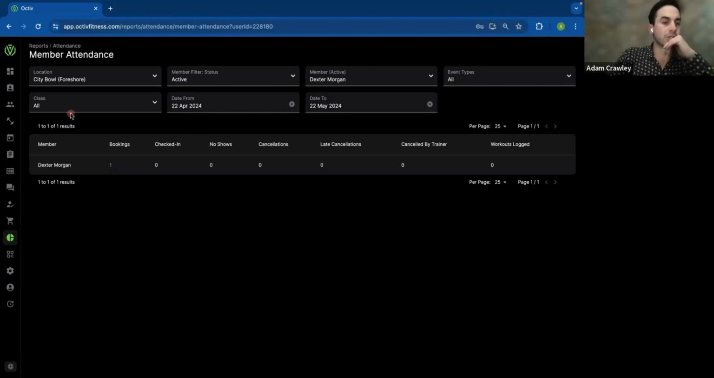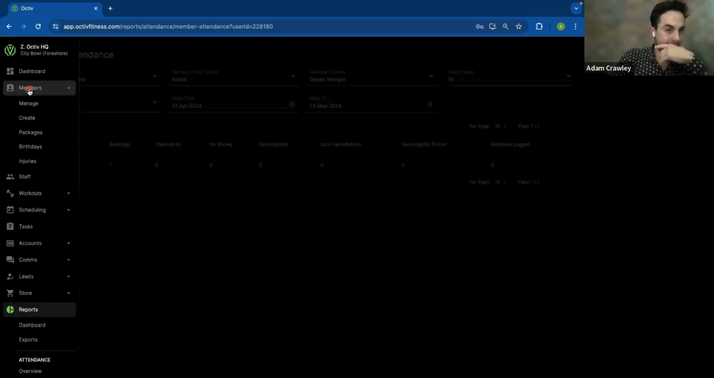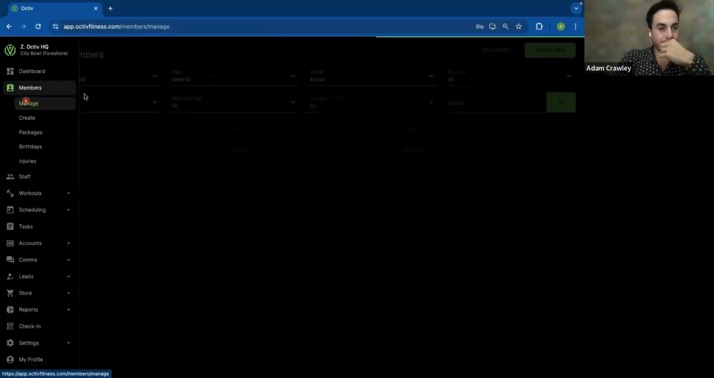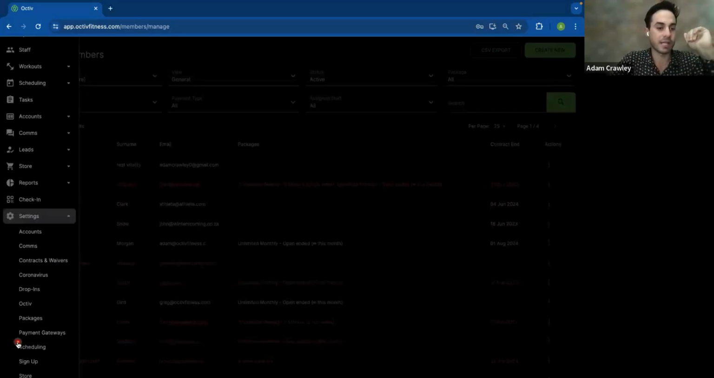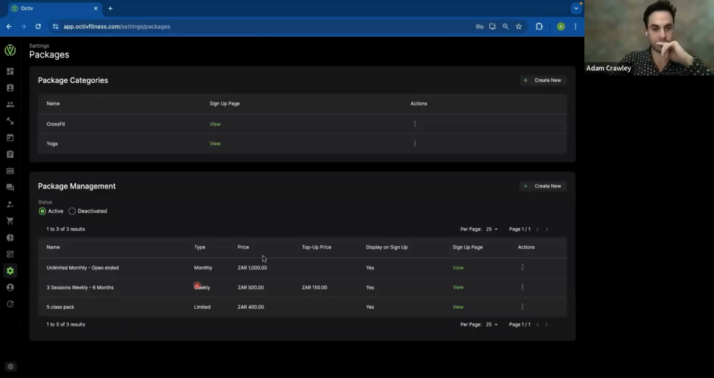Okay. So if we go to members manage over here, let me touch on 2 different things. So one important thing, before I get there, I'm going to go to settings, packages over here. If we are wanting to increase the price of our packages, so year end comes and we are wanting to increase certain prices of certain packages, it is important before moving members over to a new package to make sure